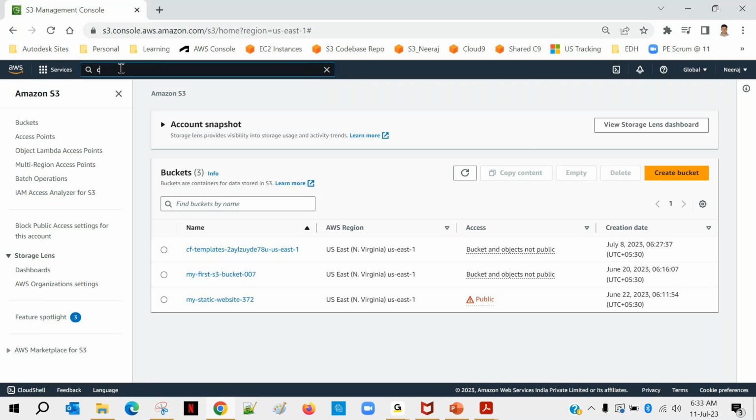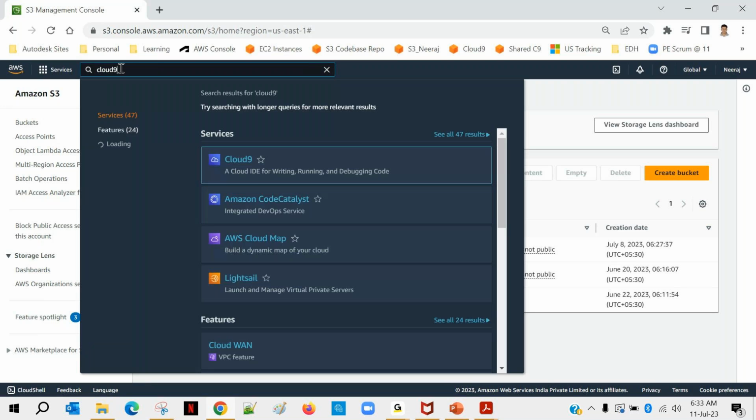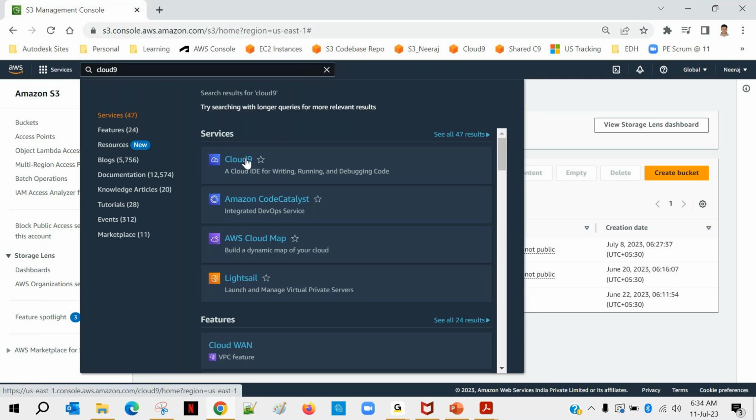So let me quickly search for Cloud9, and you can see this. A cloud IDE, which stands for integrated development environment. That means the tool which is used for writing, running, and debugging your code. You can write your code, you can test your code, and you can even debug. If it's not working as expected and you want to debug it line by line, that's possible. Okay, so we'll click on Cloud9 and we'll